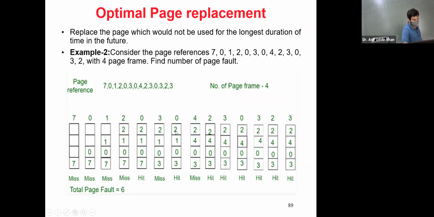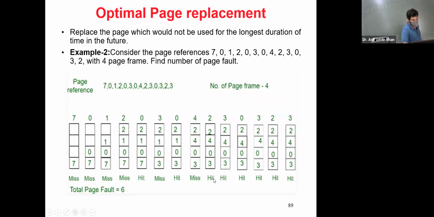Now which one to remove? So you have to see from this point, in the right hand side, among these 2, 1, 0, 3, which is away from this point. So 2 is present near, 3 is also present near, 0 is also present here. So which is away? 1. 1 is not present here. So you can remove this one. In place of 1, we write 4. Okay. Now go to the next.